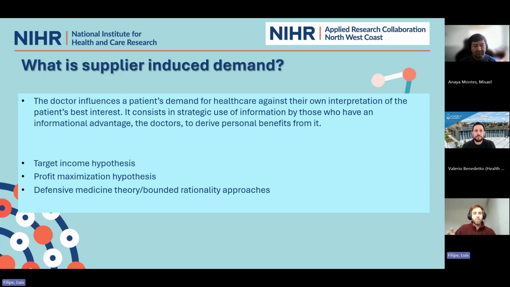Now, just before I give it to Valerio to give you some examples, let me say that there are some hypotheses around this idea of supplier-induced demand. One of them is the target income hypothesis. It's a little bit of an old hypothesis with lots of criticisms, but the example that Valerio is going to give you actually fits within this hypothesis, which is: imagine that you have a healthcare market where the physicians are providing some type of service, and suddenly